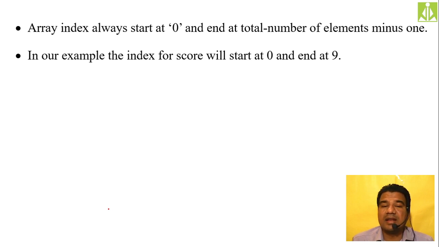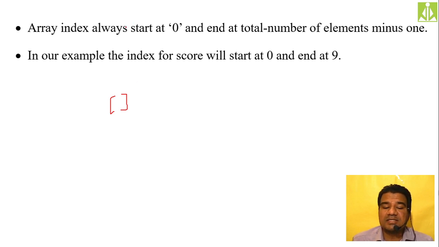As I said, arrays are always accessed, manipulated, and initialized using the index. And what does that index mean? Whatever we are specifying between the square brackets, we call it an index. Because when we are creating a collection of 10 elements with one single name, how are you going to access the individual elements from that group, from that collection? With the help of indexing.